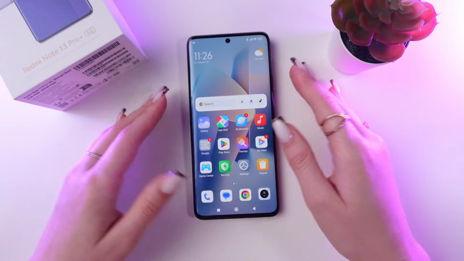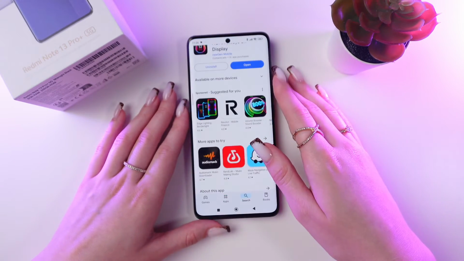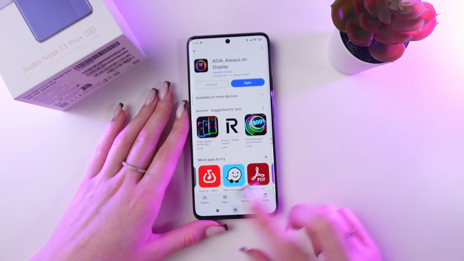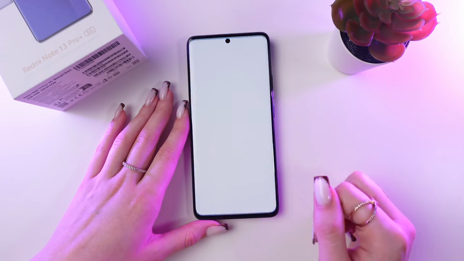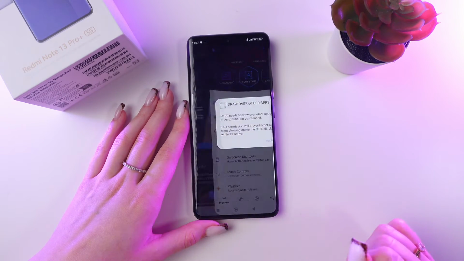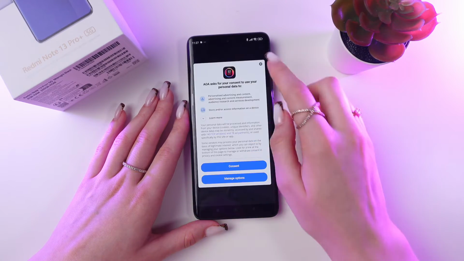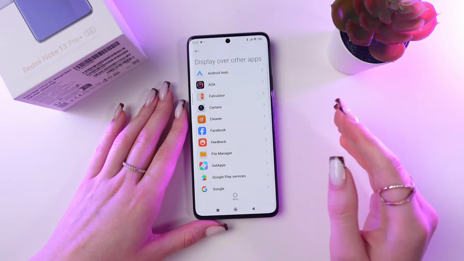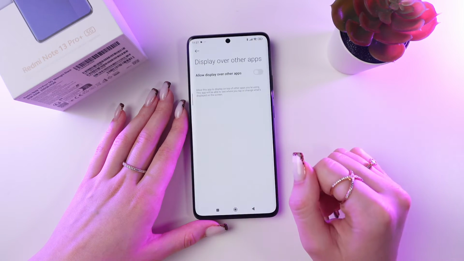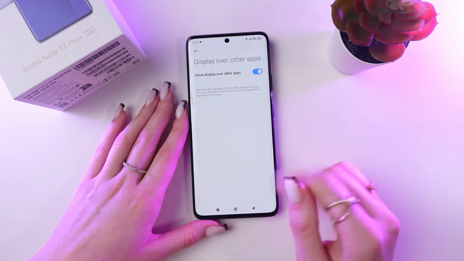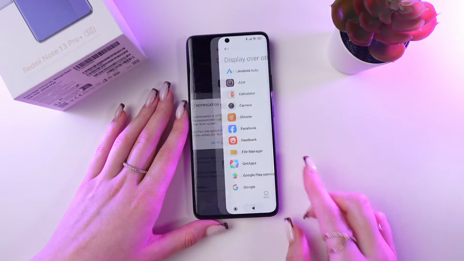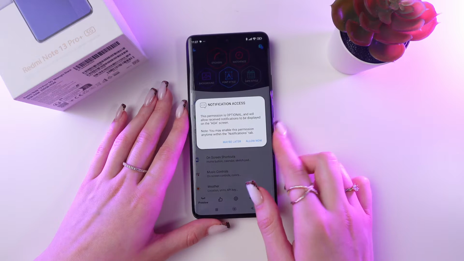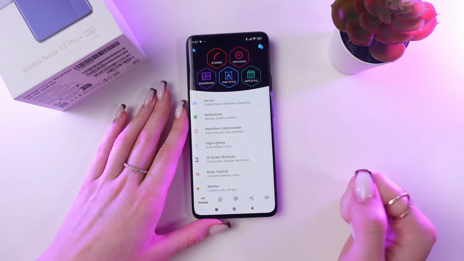For this, we're gonna need another app which we can install from Play Store, and it's called Always On Display. Let's just open it. Tap Let's Go, and here we need to allow to draw over other apps. So click this Allow Now button and go in Always On Display and enable it. Great, and now let's go back and enable notification access, or you can do it later, so let's skip this